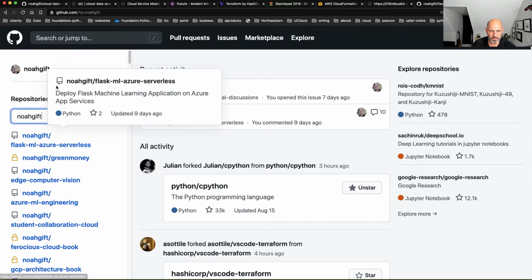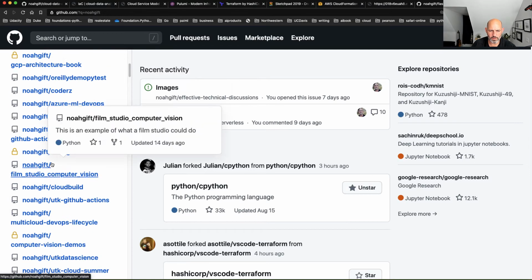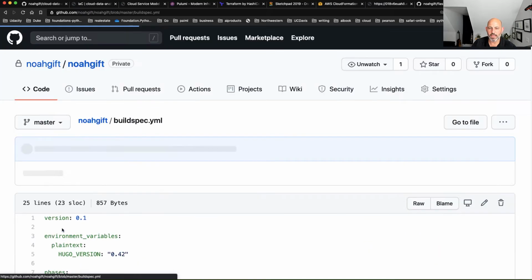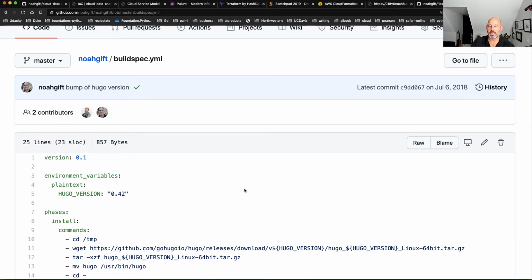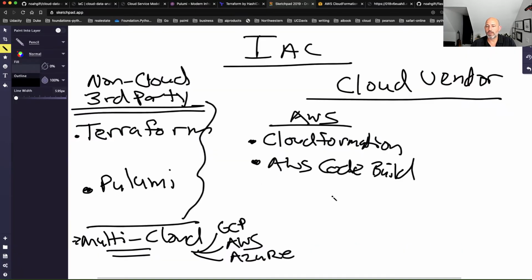Let's just go to this. There it is. So on this website, I have a buildspec.yaml, and this is similar, right? I go inside of here and put some examples. I grab some Hugo, which is a website technology, and I put this in there, and it does stuff. So you can also use the cloud vendor's build system as well. That's another thing that you'll see.